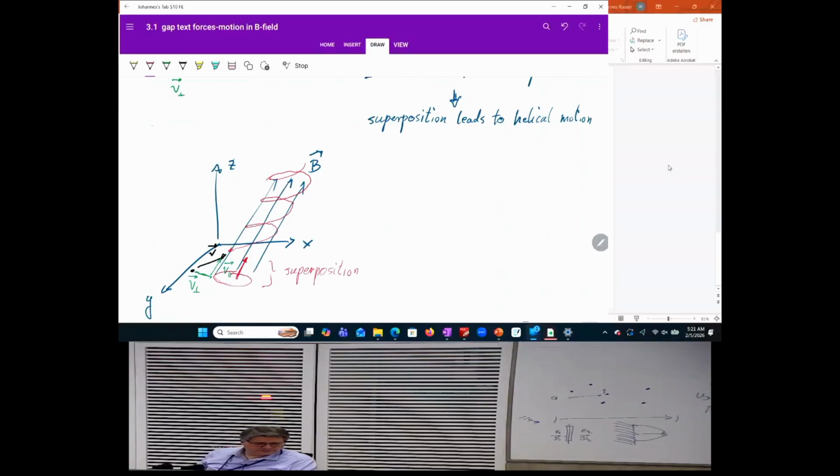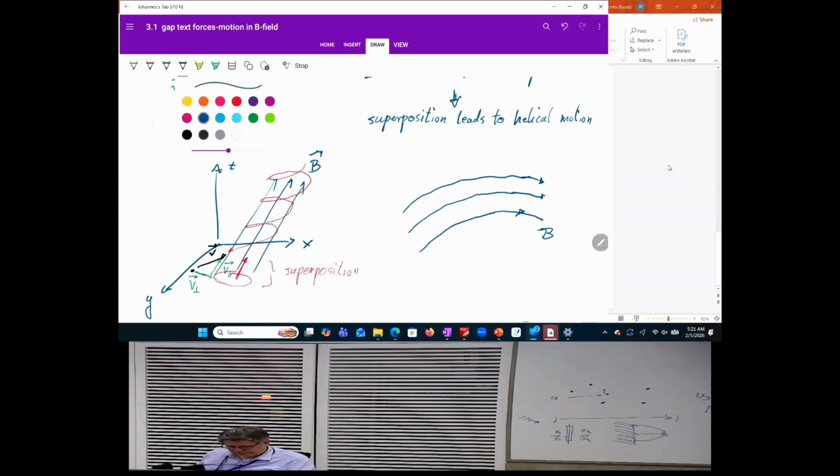And it could also be that your field lines are bent, so you don't have field lines that keep their orientation over the entire space, but they are being bent like that. This is your B field. And if you look at your charge here, it comes in with a velocity V,